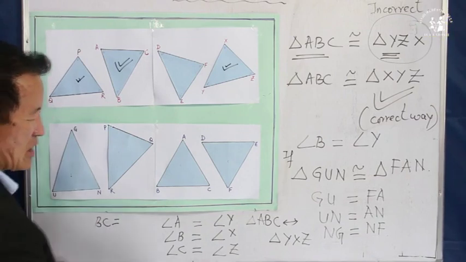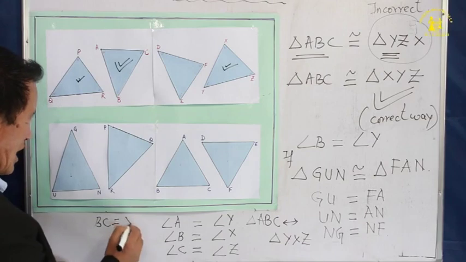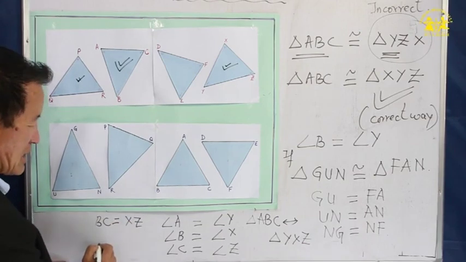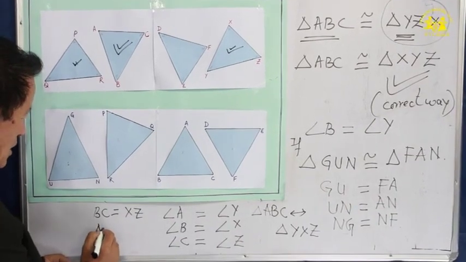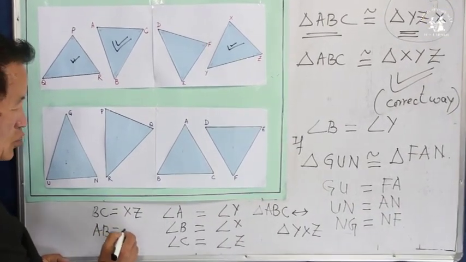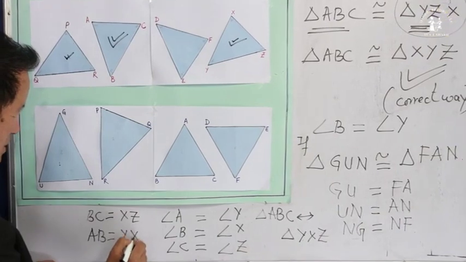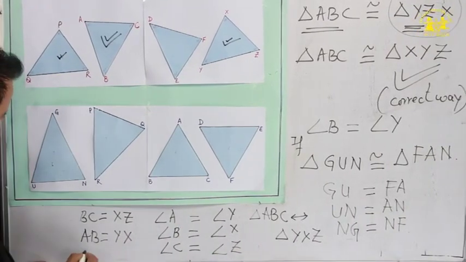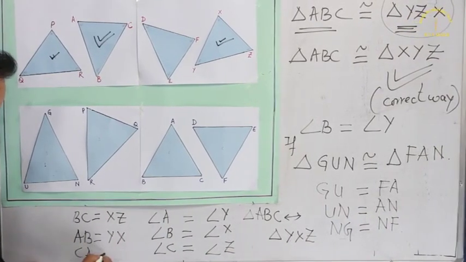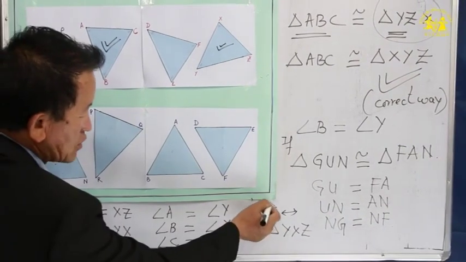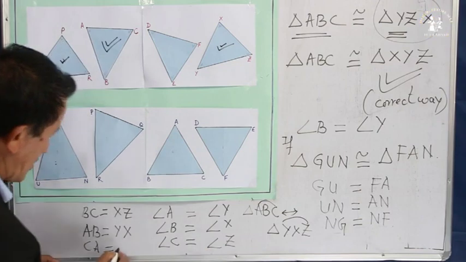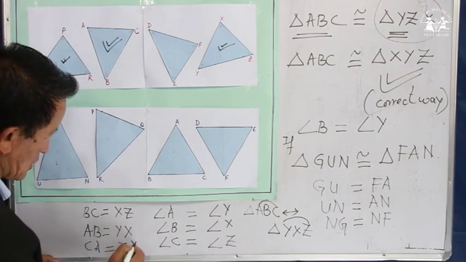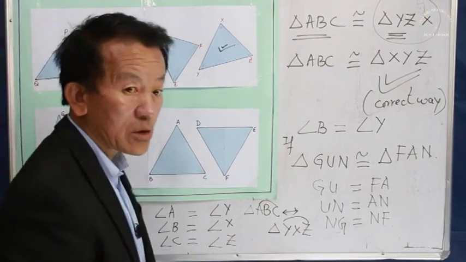BC is equal to XZ. And AB is equal to YX. And CA is equal to CA. And the last is ZY. Now, the next one, triangle congruent